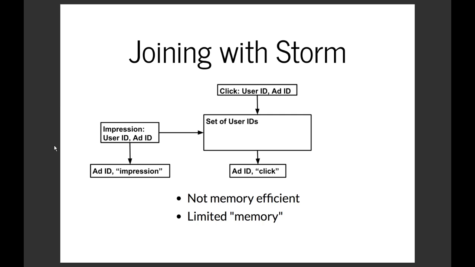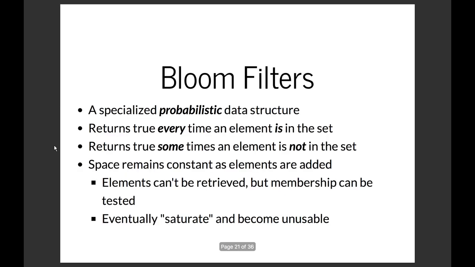It's not a really memory-efficient representation, which means that we have a limited amount of memory to actually hold the user IDs. If every user ID is a UUID, for example, that's a big object. That's a string, right? Or a Java object. Either way, it's not small, right? And that means that we run the risk of running out of memory. Now we can scale out by just loading up the instances for the join and be done with it, but that's expensive, especially if you're running on a cloud or something. You don't really want to be paying for that if you could be smarter about the way that you write the code. So one thing that we could do about this is we can introduce a data structure called a